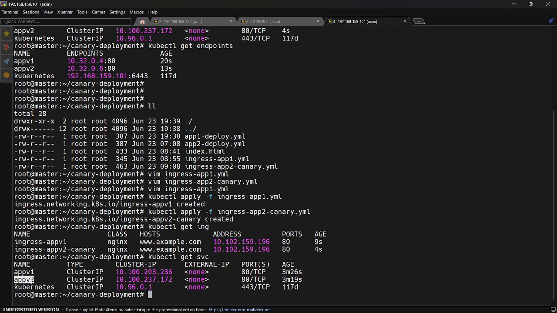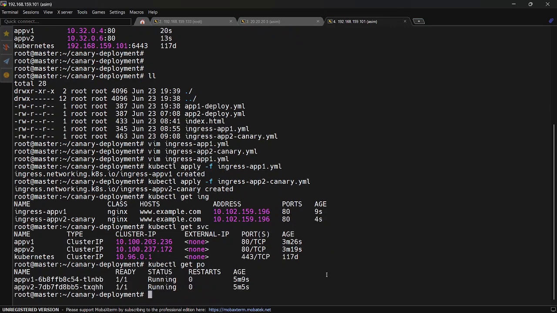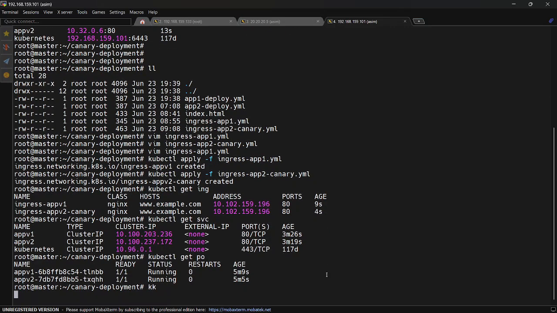This service is responsible for 10% traffic, and this is our actual application version 1. Okay, so now kubectl get pod. I will do one more thing. I just created